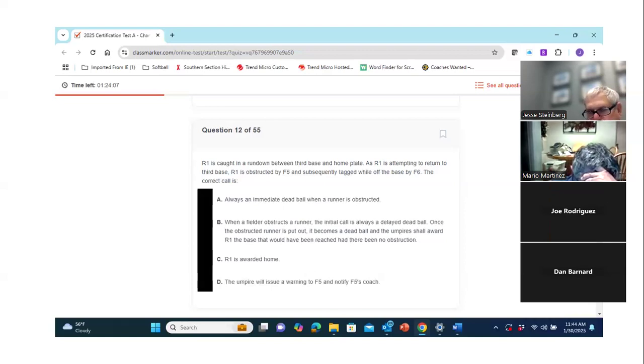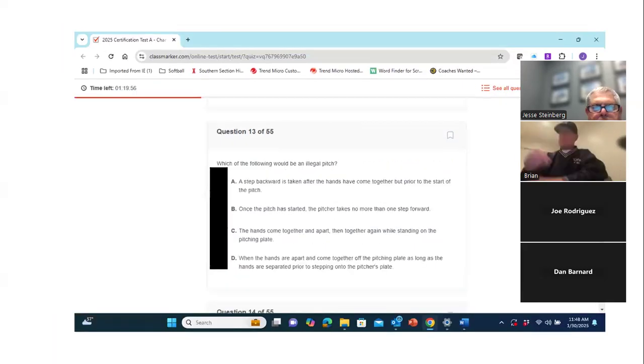Good. Okay. So they can't be put out between the two bases they were when they were obstructed, but it does not always necessarily mean that they get the further base. You have someone who's obstructed between second and third. You don't have to put them at third. You can say, no, I'm putting her at second, coach, because in my judgment, she would not have made it to third. There are a few exceptions. Okay.